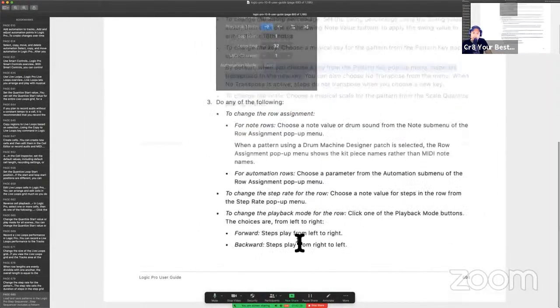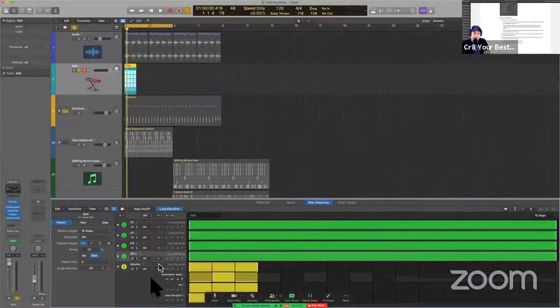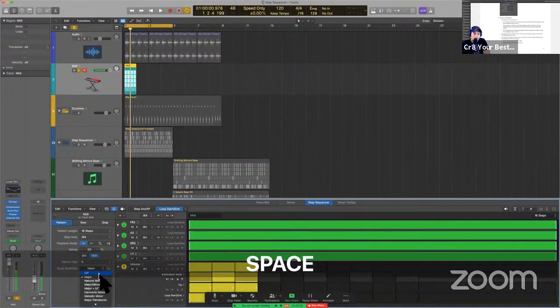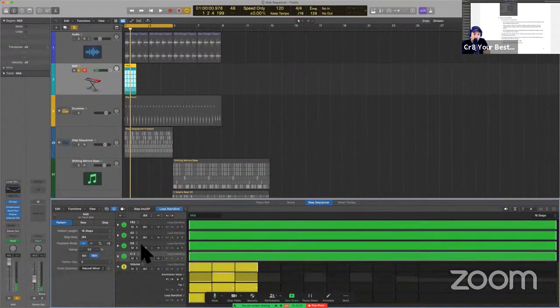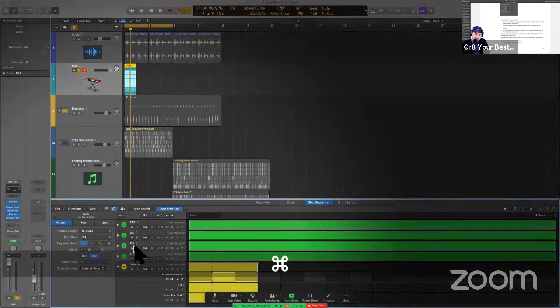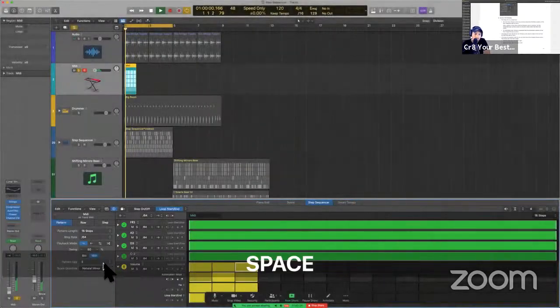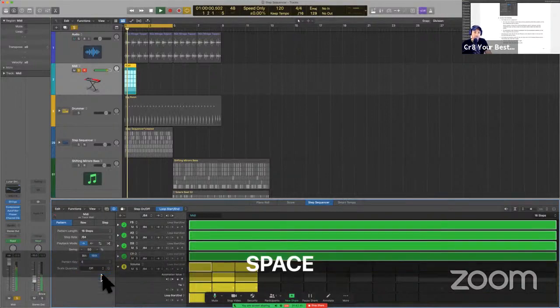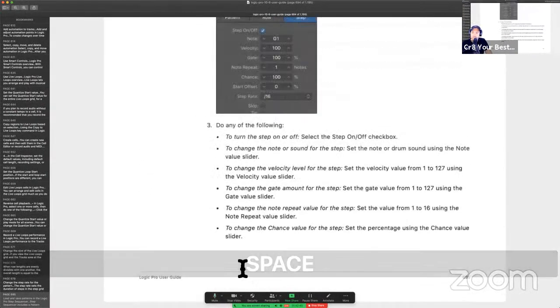You can change the scale as well. I don't think this will be... Oh, cool. It actually changes the notes. Oh, and they're reflected here inside of the note value. Pretty cool. I like that a lot. Sweet. All right. Page